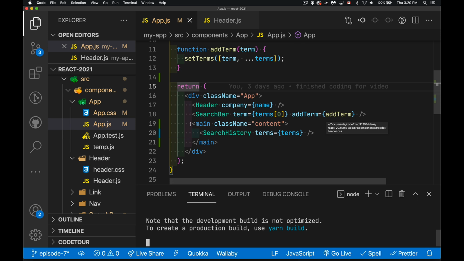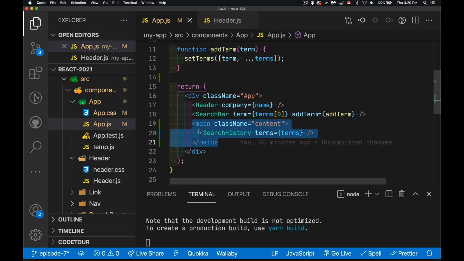Inside app.js, I added a main element with this class name, and that CSS is inside of app.css. I just wrapped it around the search history element that we already had, so that component was already there. I just added the main. Okay, so